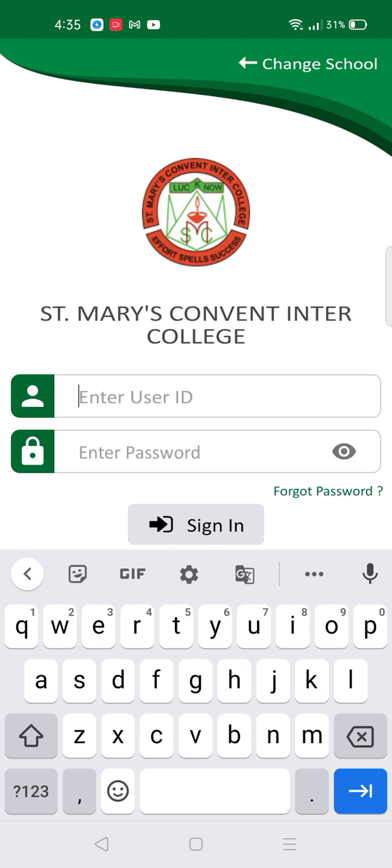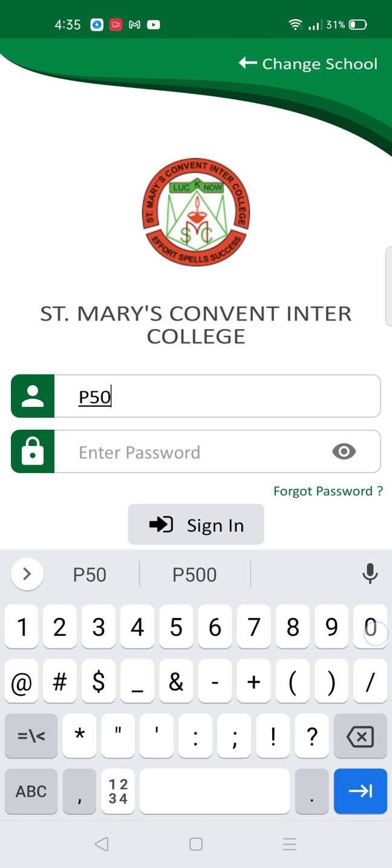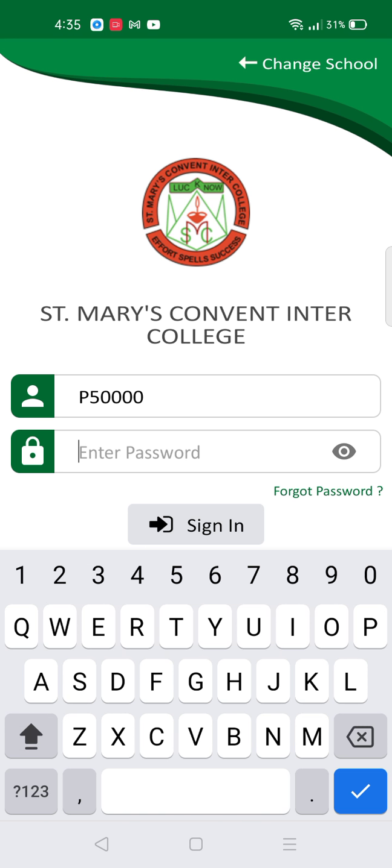I am entering for one of the children of class prep, that is P50000. And the password I am writing here is the password provided in the text message. As soon as I write the user ID and password, I will sign in.